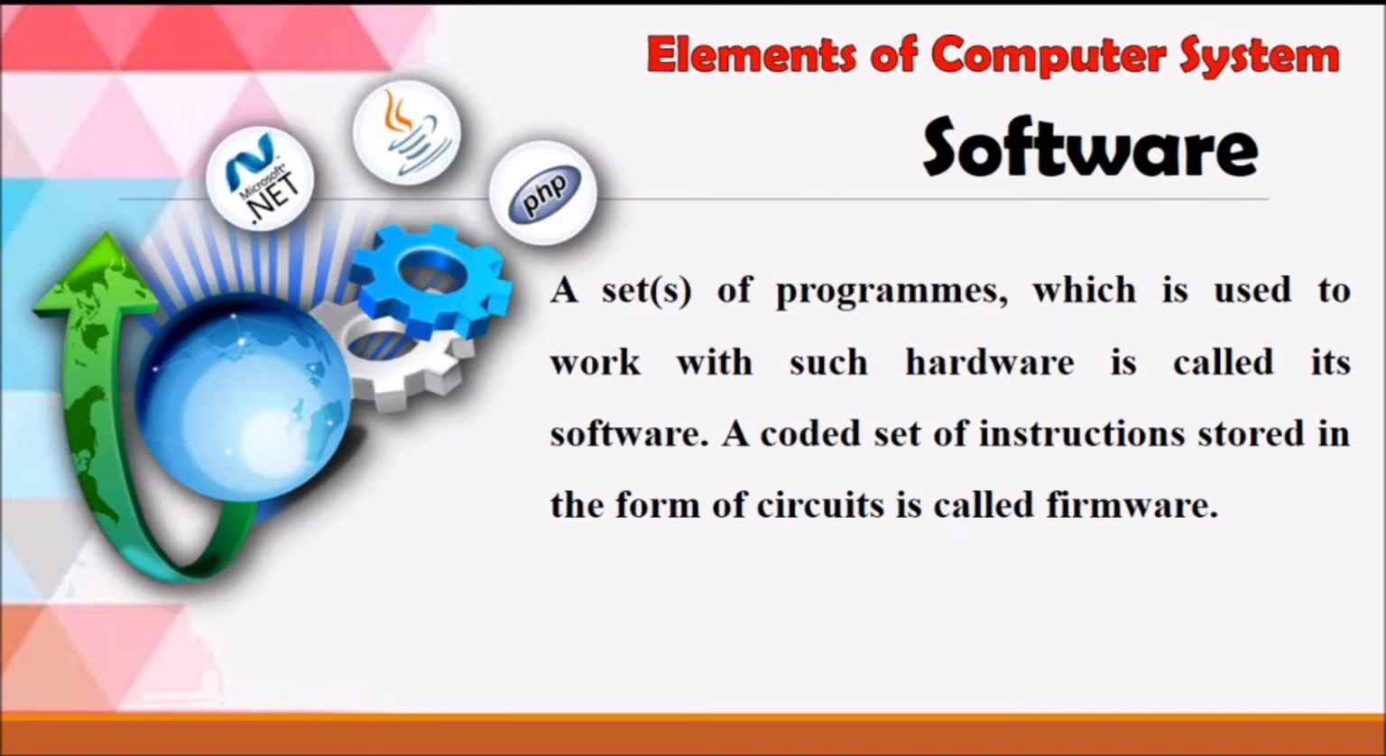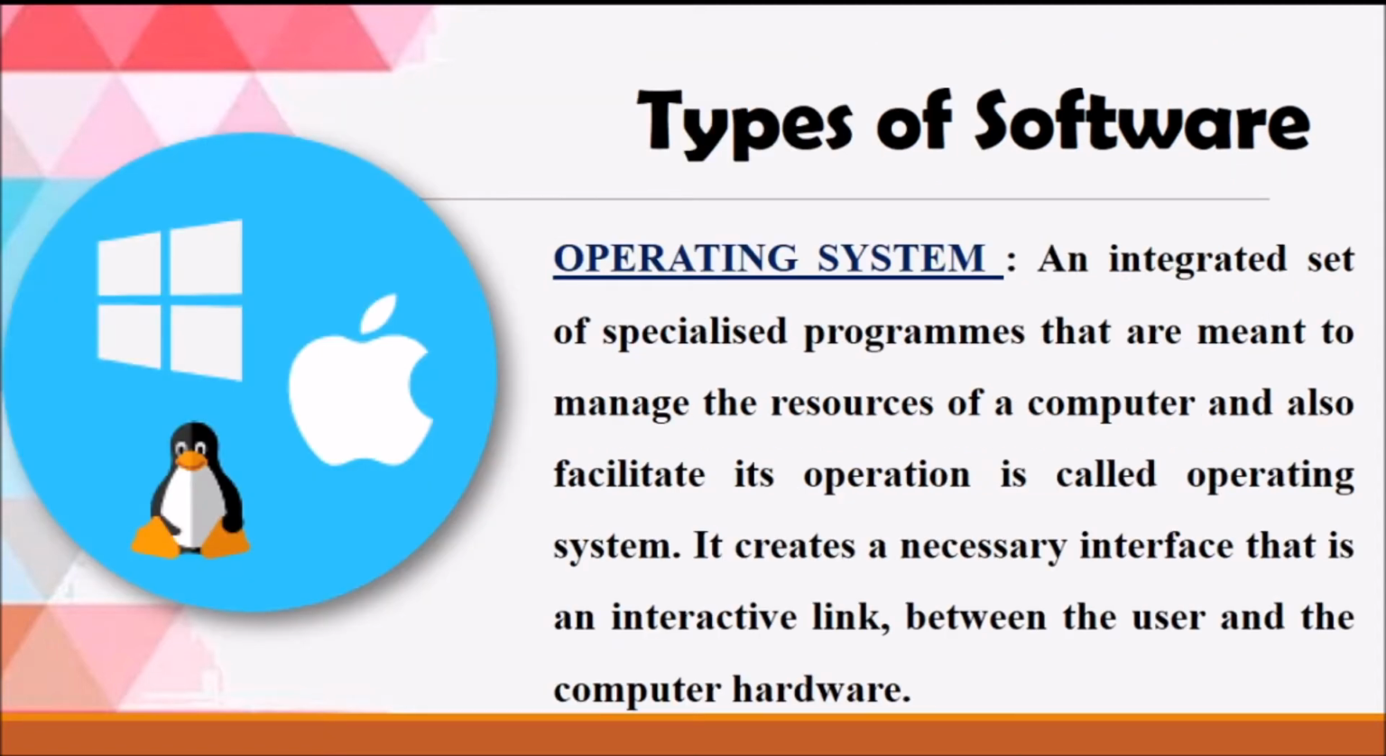Second one is software. You know very well, a set of programs which is used to run the computer, or which is used to run the hardware, is known as software. It works as per the instructions already created. Remember, the second part is software. The types of software include